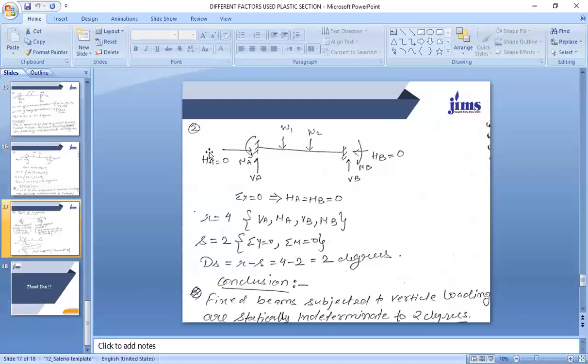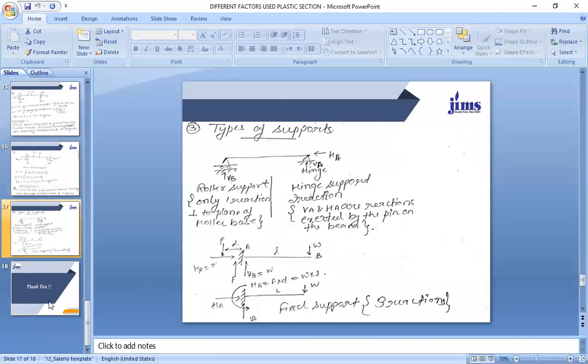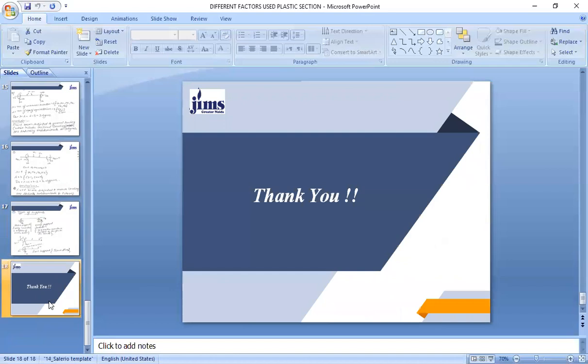Types of support, you know that this is a roller support, this is a hinged support, this is a fixed support. So basically these three kinds of supports we have in the structure, right? So please do remember the points which we have mentioned here because they are asked in exams, mainly competitive exams, and they would be used in the upcoming presentations and lectures, right?